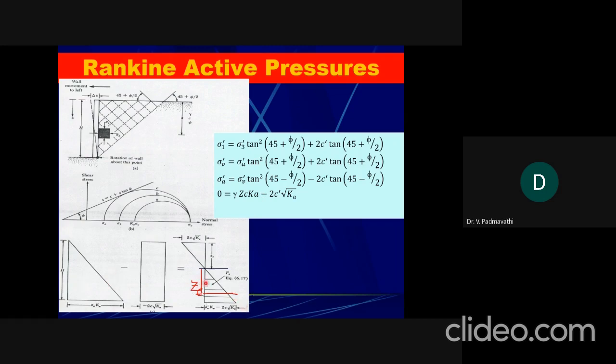So what we want to see here in the resultant figure is that we are combining this effect. Initially Z is equal to 0, so you may get a minus value. If Z is equal to H, you get gamma H into Ka minus 2c into root Ka. So that's what you can see here. Sigma V is nothing but gamma into H, and this lateral pressure is sigma V into Ka minus 2c into root Ka. Okay. So this is the